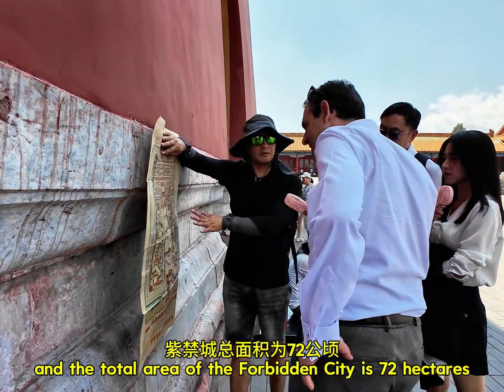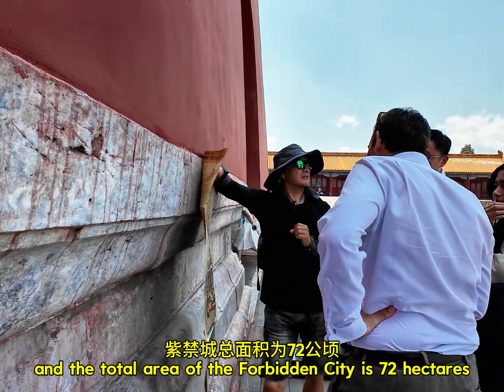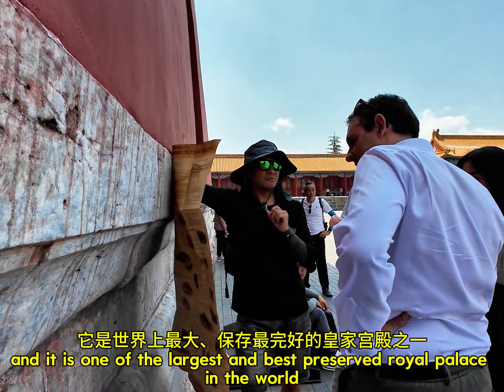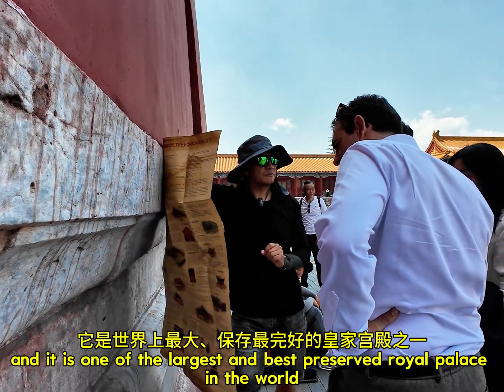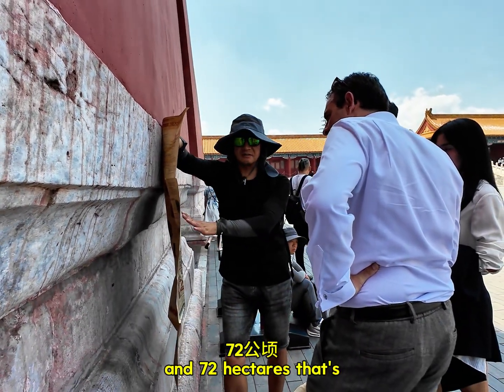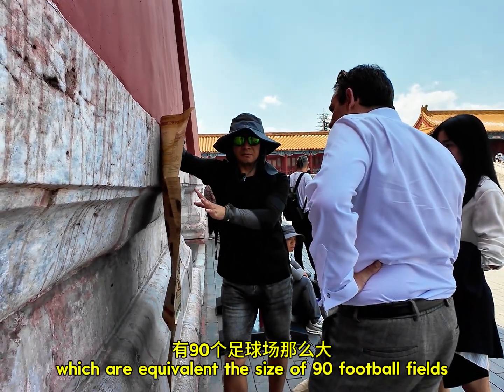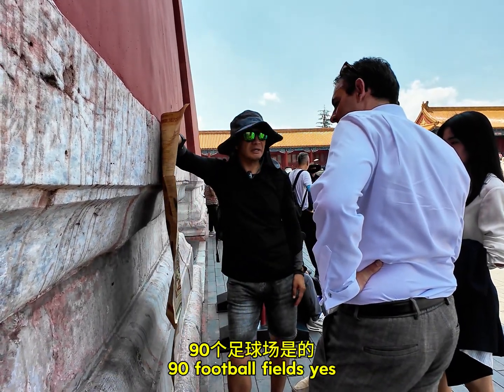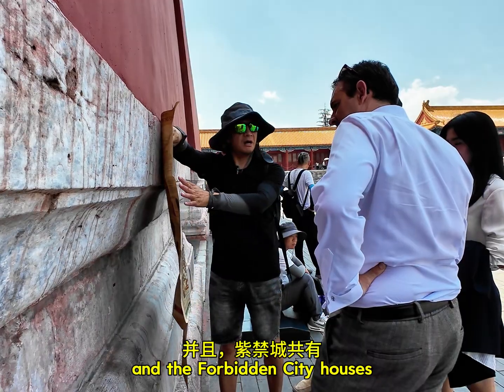The total area of the Forbidden City is 72 hectares. One hectare is equivalent to about 2.4 acres. It is one of the largest and best preserved royal palaces in the world. 72 hectares is equivalent to the size of 90 football fields. Yes, 90 football fields. And the Forbidden City houses